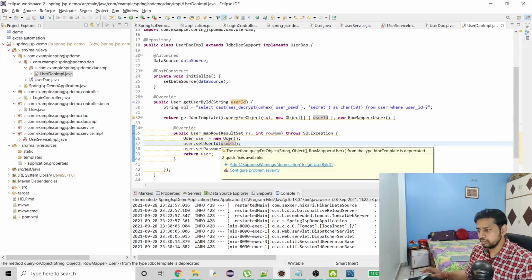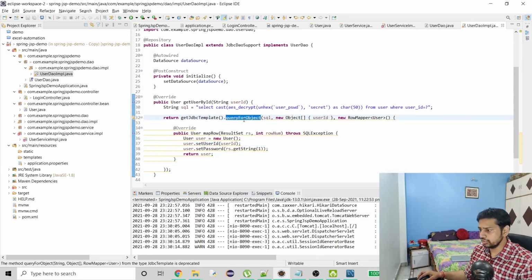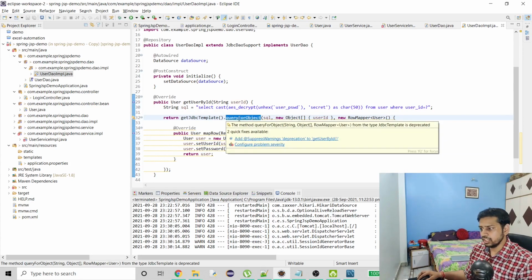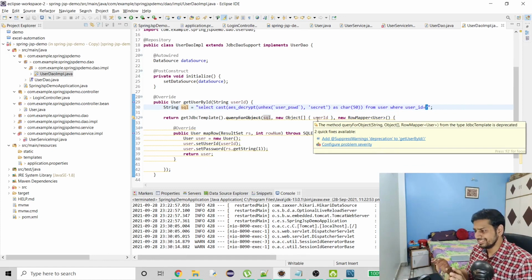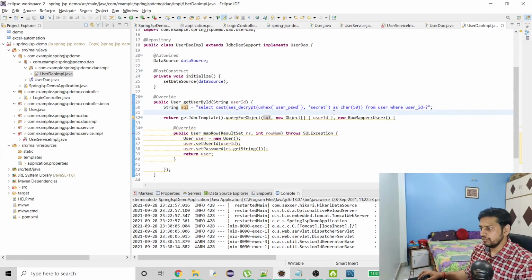So in layman's terms, I executed the query using the queryForObject method, and it requires the SQL, being our query, and the second parameter it needs, here you see a question mark. So basically you can see this as a prepared statement. It's not a plain statement, it's a prepared statement, which means that we are going to provide a few values to it later on, and that's how we provide it.